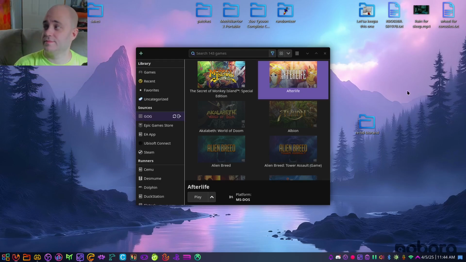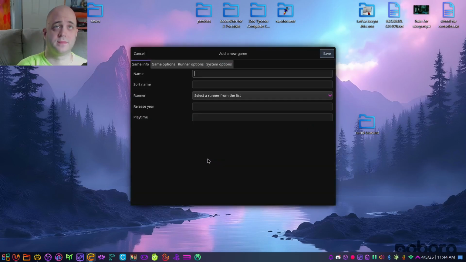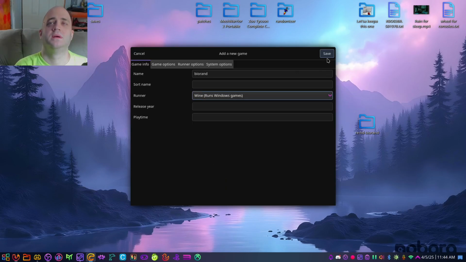Okay, so anyway, what you do is you open up Lutris. Lutris is the only one I know it works on, but I can't say it doesn't work on others. So you add a local game, hit the little plus sign and hit add locally installed game. Now just type in Biorand. Now you can have the Biorand files anywhere, games folder, another drive, your desktop. As long as it can find the executable, it should be alright. So you hit Biorand, you hit wine, you hit